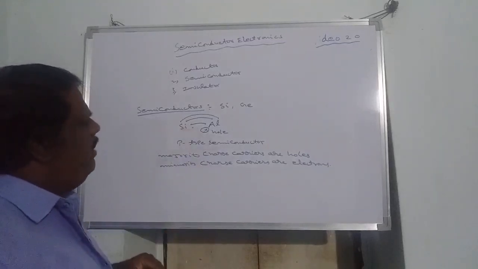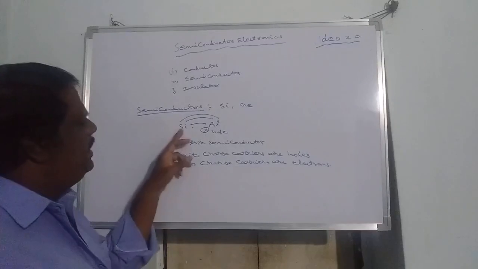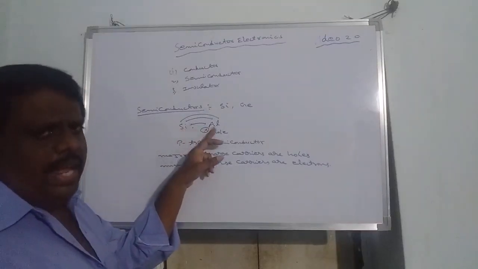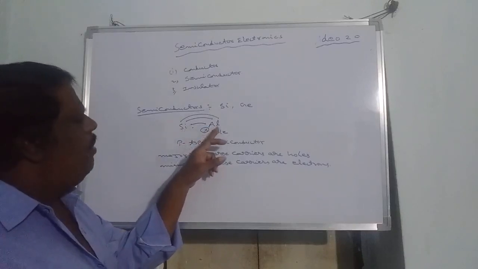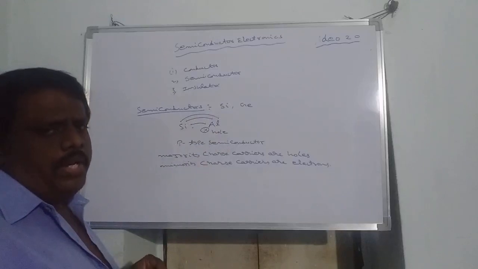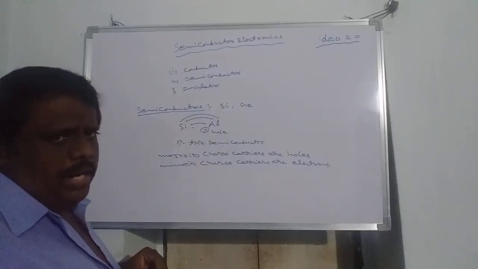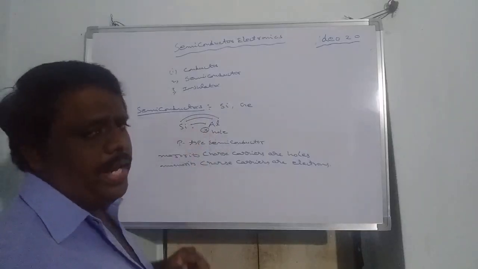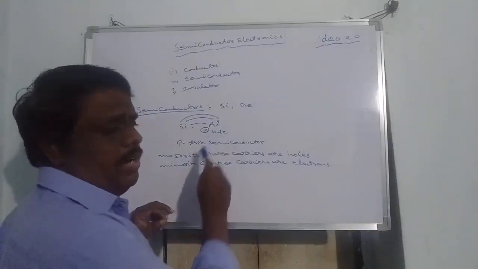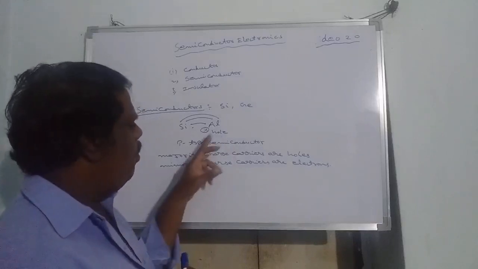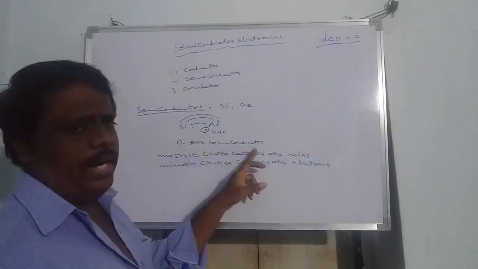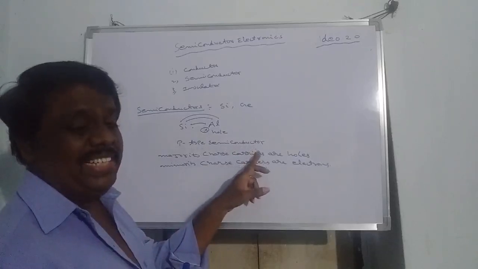Once again, if a pure semiconductor, that means silicon, is doped with a trivalent impurity, now 3 bonds are completed due to the sharing of electrons. 3 covalent bonds are completed. The 4th bond is incomplete due to the lack of an electron. The absence of an electron is called a hole. So if holes are more, then it will be a p-type semiconductor or extrinsic semiconductor.